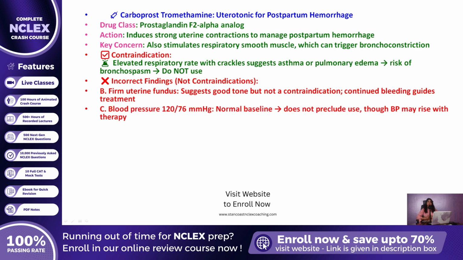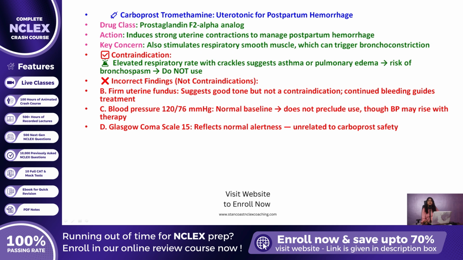Option C, baseline blood pressure 120/76 millimeters of mercury, is entirely within normal limits. Although carboprost can cause a rise in blood pressure due to its vasoconstrictive effects, a stable baseline does not preclude its use. Option D, Glasgow Coma